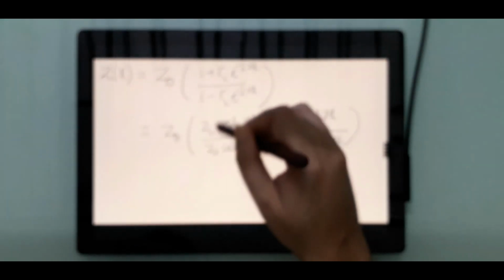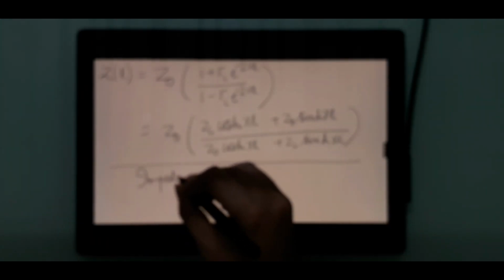Now what this means is, if you know the load impedance and you know the characteristic impedance and you know the gamma, which is a line property, you can find out the impedance ZL at any point of the line using this relation. This relation is called the impedance transformation relationship. Why do we call it transformation? Because